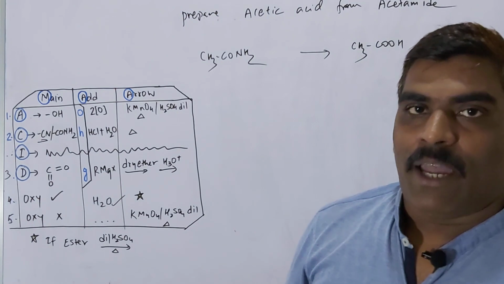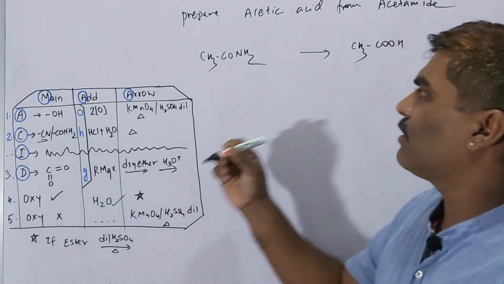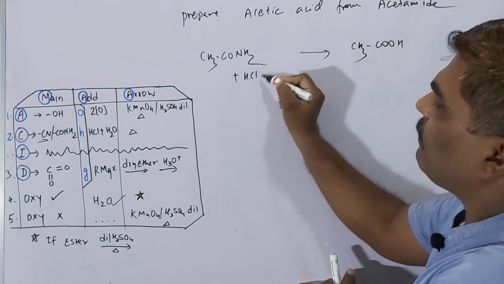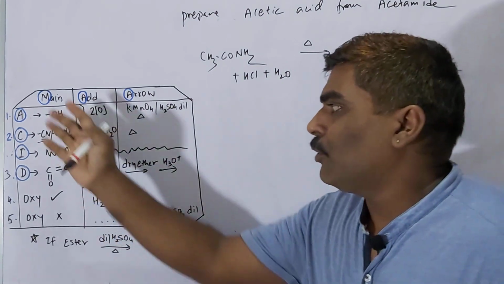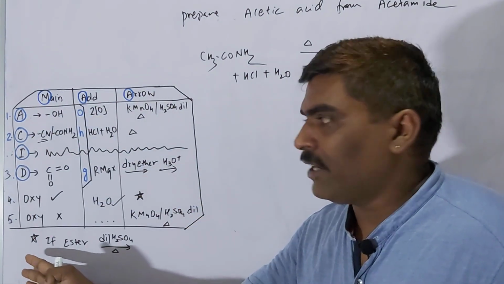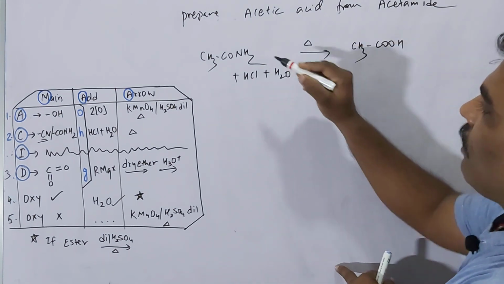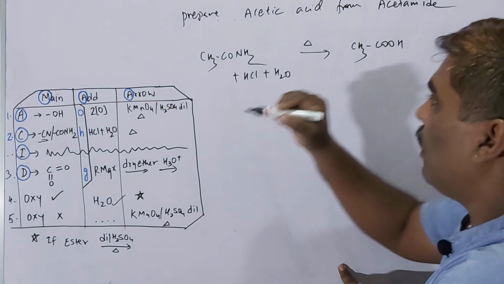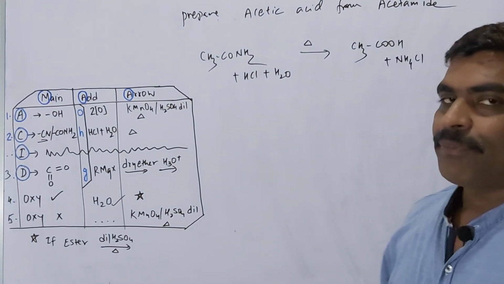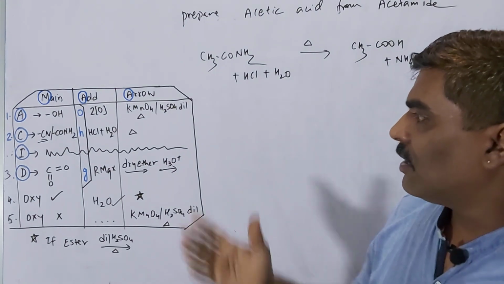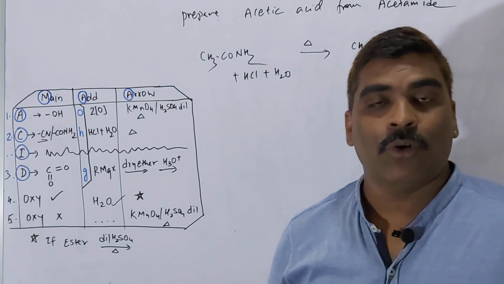Now what happens here is that for this amide, we use acid hydrolysis. From this table it becomes very simple to understand what exactly you have to do. If you know this material and what to add, it becomes very simple. Now if you find out what is extra on the left side, you will get ammonium chloride. This way we can write the preparation of acid with the help of this formula. Okay, thank you very much.